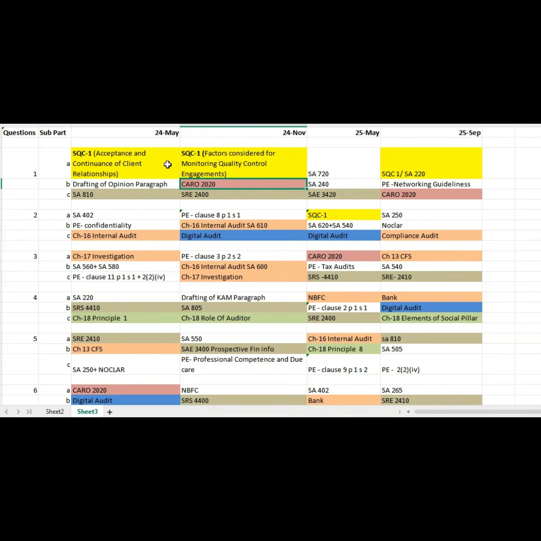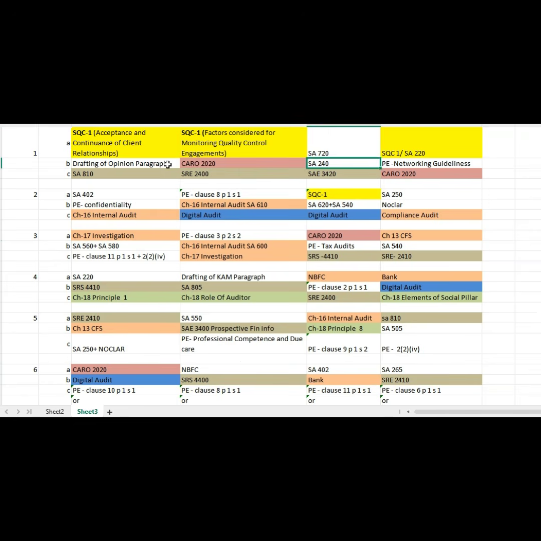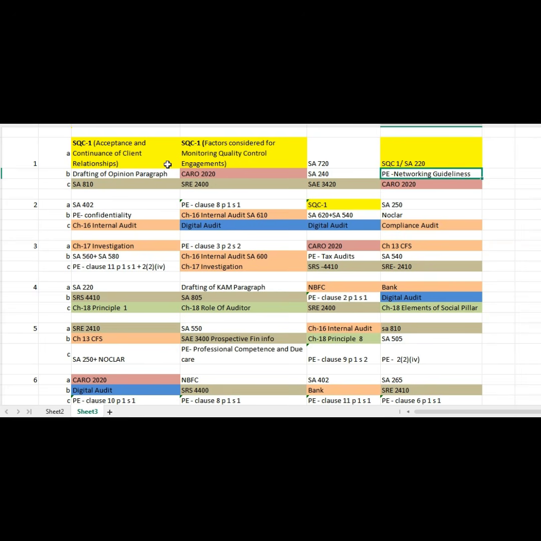Okay. So next, if we could analyze CARO, we'll go to CARO. May 24, there is a CARO. Okay. Again, if you could see here, they're highlighted in red color. CARO. Here there is a CARO. Okay. And in the next attempt, that is September 25, there is a CARO question. So CARO 2020 is something we are testing continuously, but be sure with CARO 2020 and your Companies Act questions. Okay, there is a part of duties of auditor.